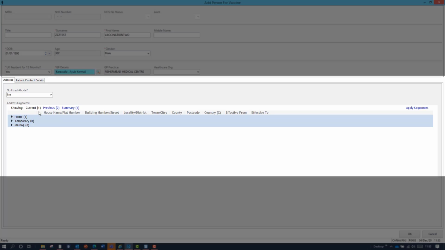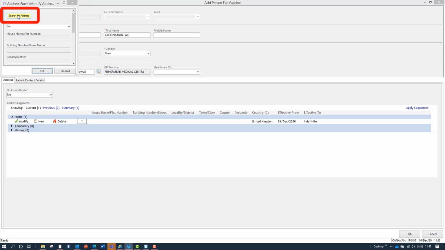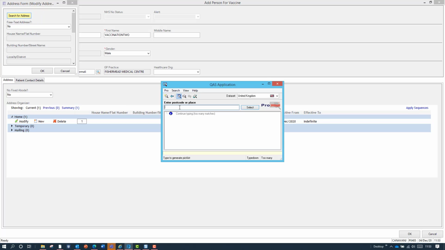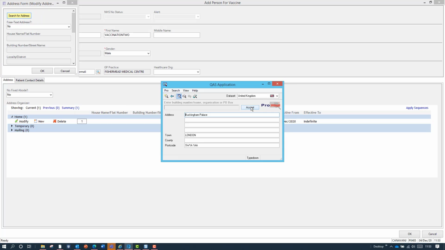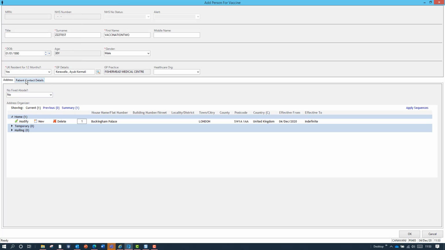To add contact details and an address, select from whichever option you're adding it to. In this case, I'm adding a home address, and I'm going to modify this one which currently shows United Kingdom, and I'm going to search for an address using the yellow button at the top. Enter a postcode, and once you've entered a postcode, click Accept. Once you can see that the address has been picked up, click OK,